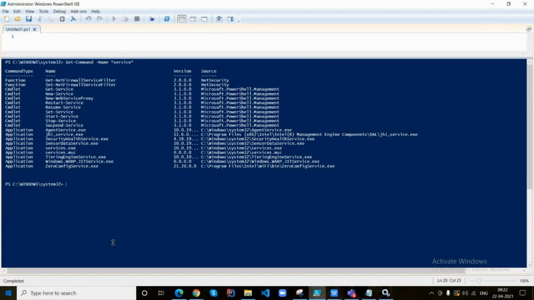Now click on up arrow. Instead of the Name parameter, give the Verb parameter. Execute it. Nothing is there. Okay, now give the Noun. Sorry, in the place of verb, give the Noun.